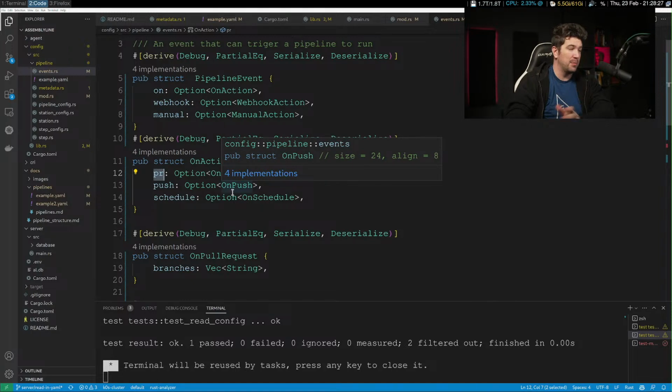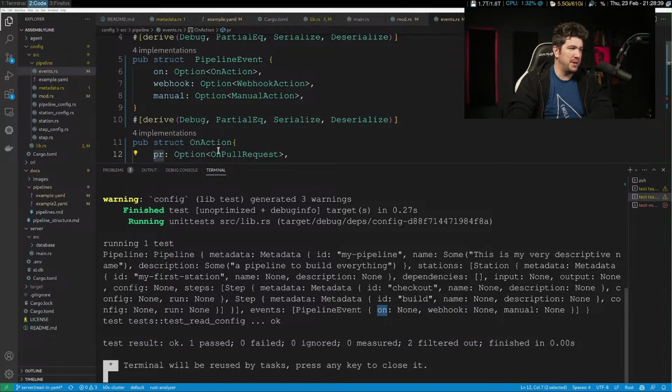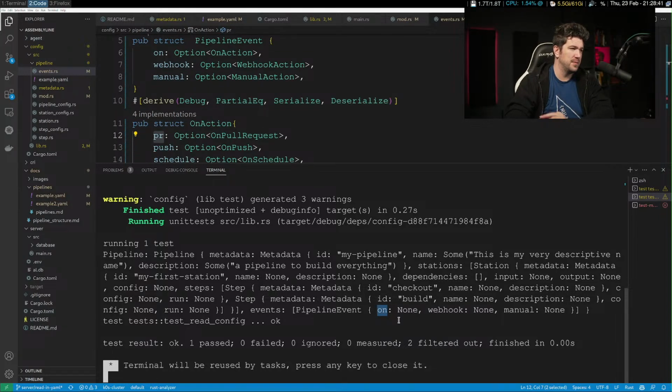All of these are optional. Interesting thing here. Is it saying that the PR was none? Or its value was none? I feel like it's saying its value was none, but that's weird because then it's saying that webhook and manual were both there.